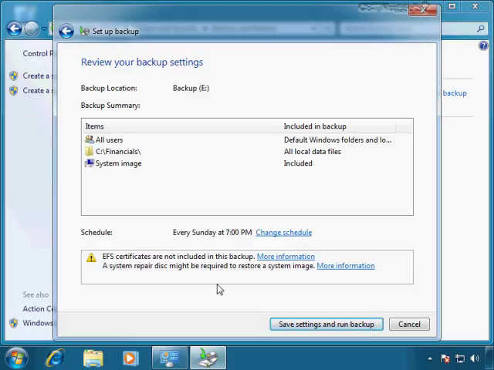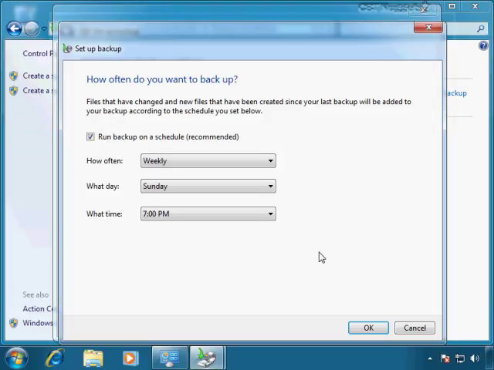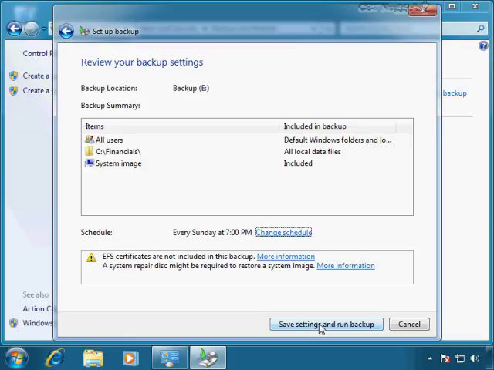And again, it warns you that EFS is not included in these settings. Also, by default, it's going to create a backup every Sunday at 7 o'clock p.m. You can change that schedule so that you can back up daily if you want to. On one of my systems, I have it back up daily early in the morning, I think at 4:30 or something like that. And then you can specify what time you want it to back up and the like. I'm just going to go back to our default here, though, and we'll go ahead and save the settings,